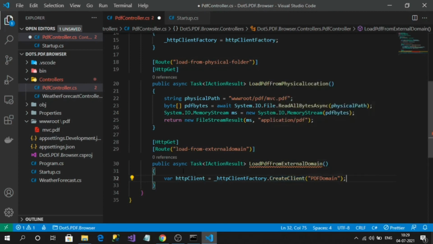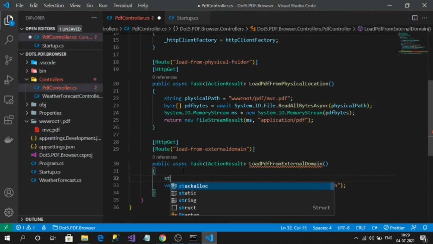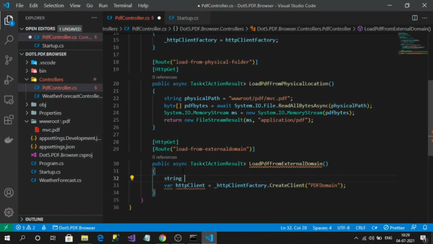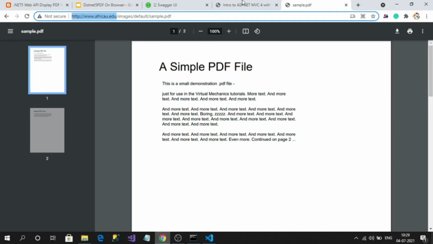Okay, and I want to define the path to my PDF. So the domain is already registered in startup, right?